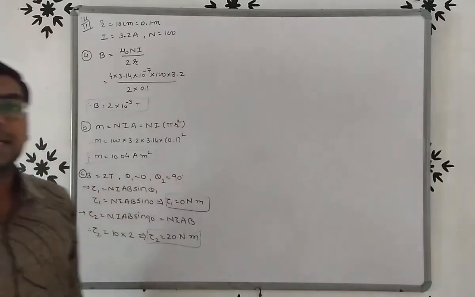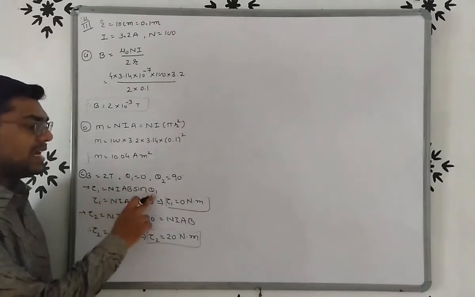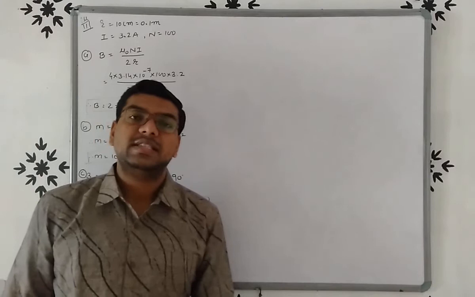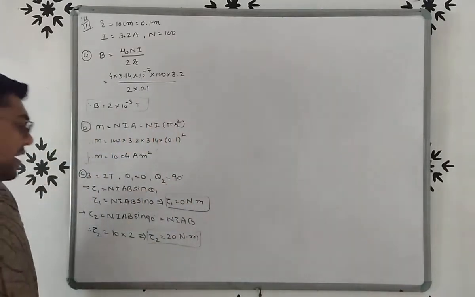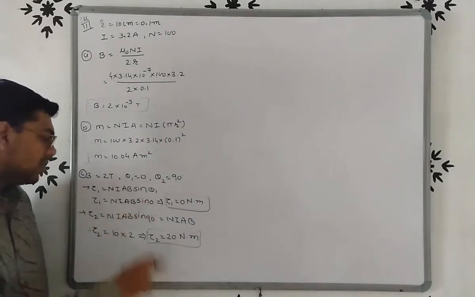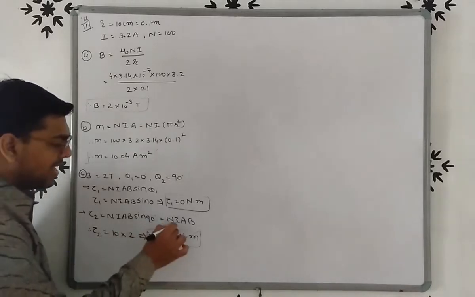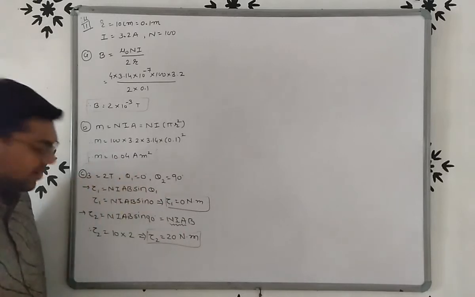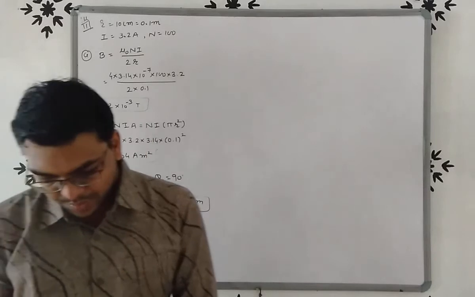So in the initial condition theta 1 is 0, so tau 1 is NIAB sin theta 1, but theta 1 is 0, and we know that sin 0 is 0. So in the initial condition the torque is 0. And in the final condition theta 2 is 90, so tau 2 is NIAB sin 90, that is 1. So tau 2 is NIAB. We know the value of NIA, that is M, 10.04, or we can say 10. So 10 into 2 is 20. So now